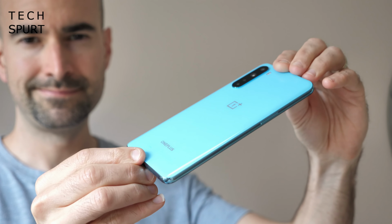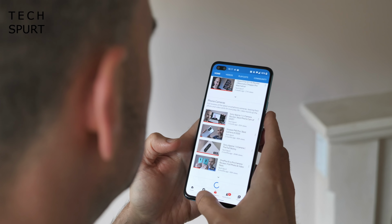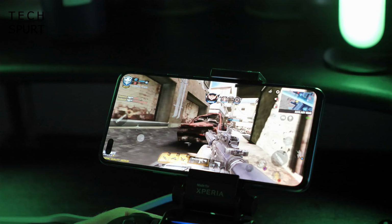First up, there's the OnePlus Nord, which costs just over 350 quid and boasts the same Snapdragon 765G chipset as Realme's X50 5G. So no surprise therefore that online ultraviolence is a thing of glory and wonder, playing with a perfectly smooth frame rate. And while the OnePlus Nord's battery life isn't quite as strong as some of the other rivals that I've mentioned in this best 5G budget smartphones roundup, it's still good enough to get you through a fairly hefty day more often than not, and you do still have that 30-watt fast charging when you do finally